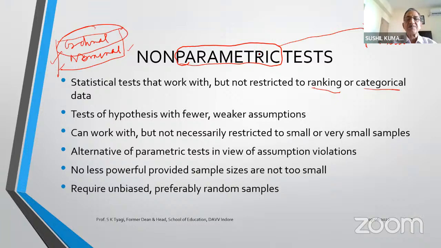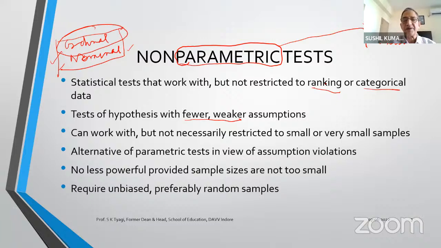Next, these are tests with weaker and fewer assumptions. Parametric tests are based on certain assumptions. For example, one assumption is normality of the distribution. The underlying distribution should be normal. This is the assumption underlying parametric tests like the t-test, one-way analysis of variance, regression analysis, factor analysis, and all parametric